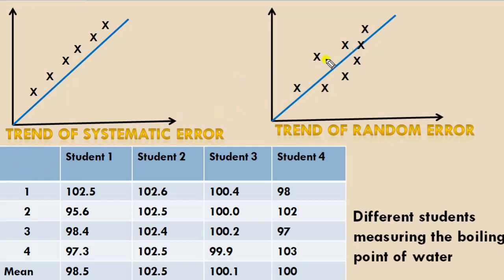So if random errors are completely unpredictable, you cannot say which time you will get a positive error, which time you will get a negative error, and what will be the magnitude of your error. Then how can we deal with such errors? The best way is to conduct a large number of experiments. Take your measurement a large number of times and take the average. That average value is the best representation of the true value of the quantity being measured.